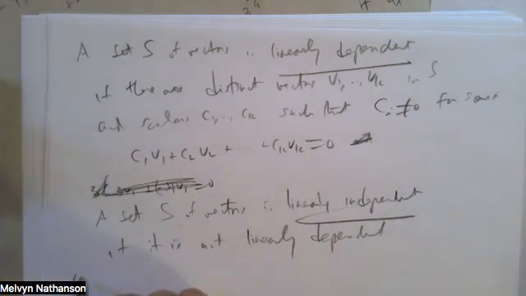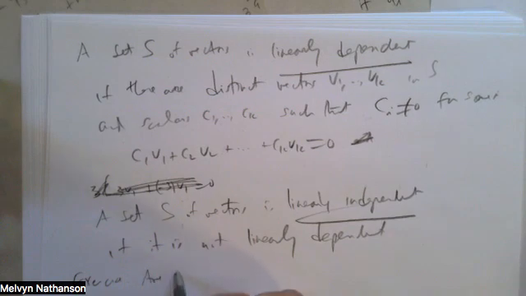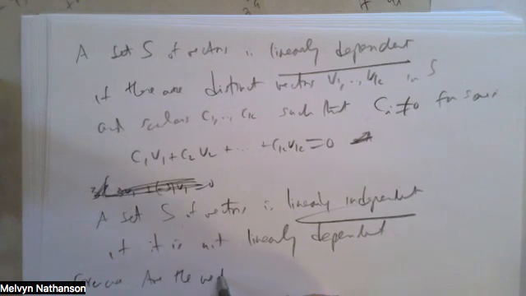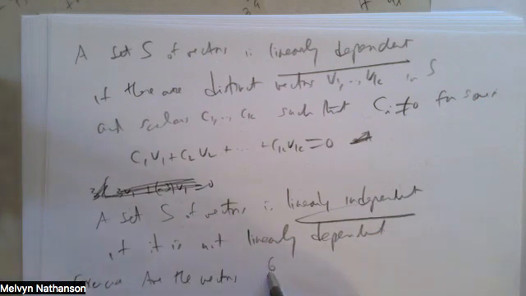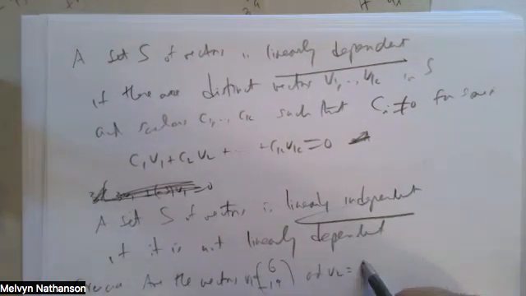So here's a little exercise. Spend a minute to do it. Are the vectors (6, -14), that's v1, and v2 equal to (-15, 35)